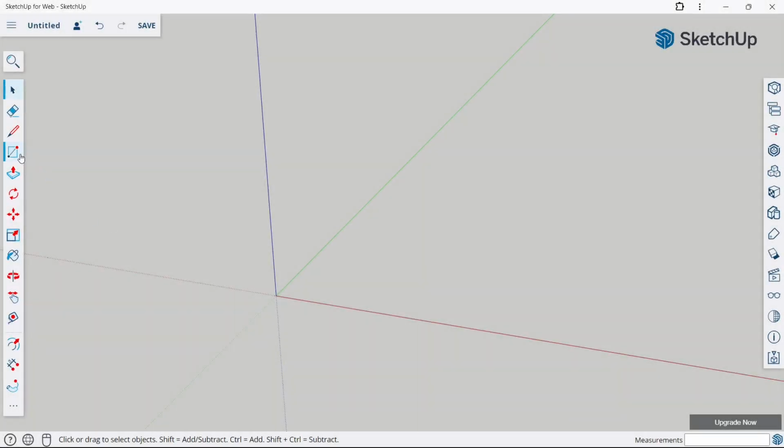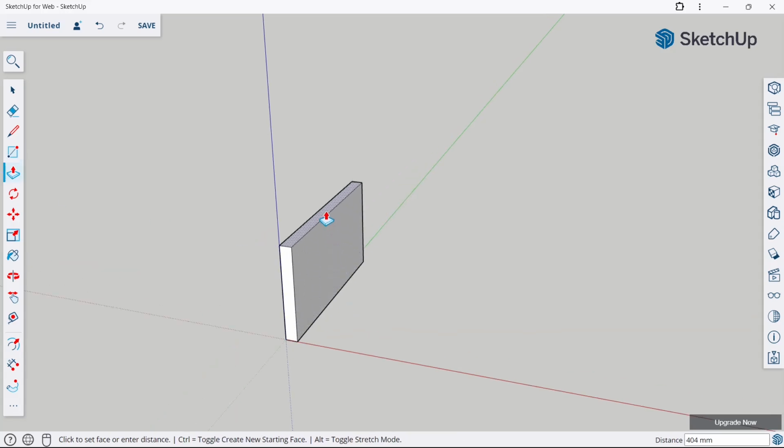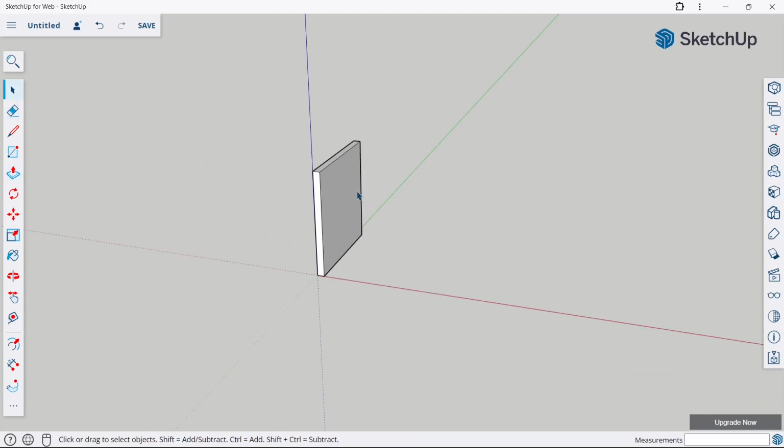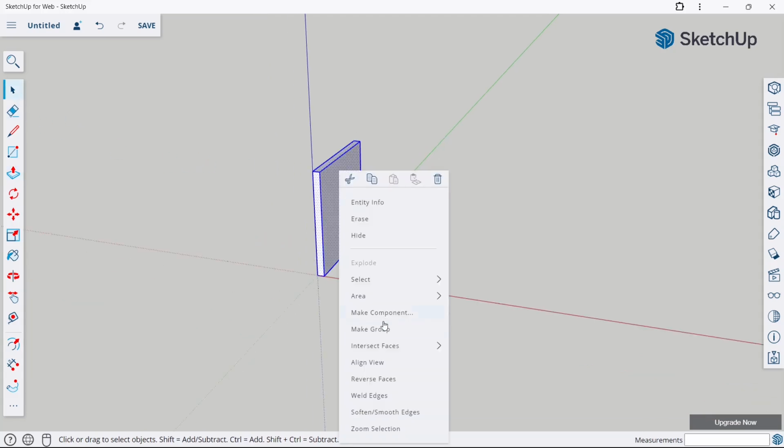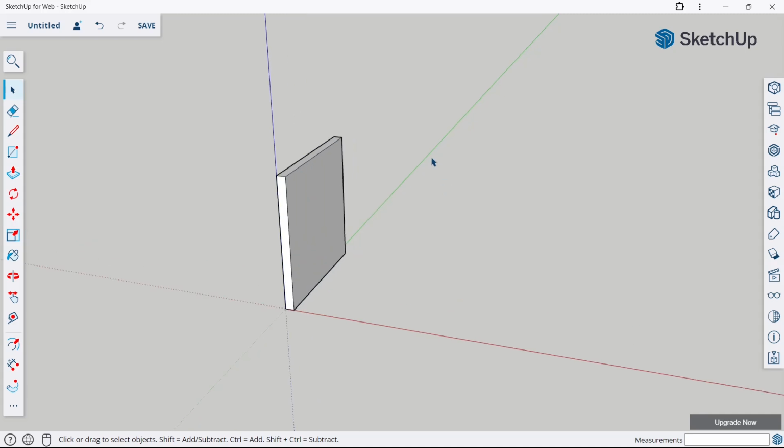First go to rectangle tool and make a rectangle of 50, 750. Now go to push pull tool, give value of 750 mm. Now select this body, right click and make group. Now again go to rectangle tool, select this point